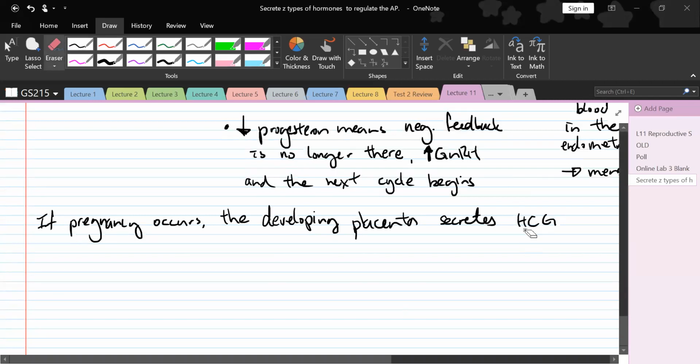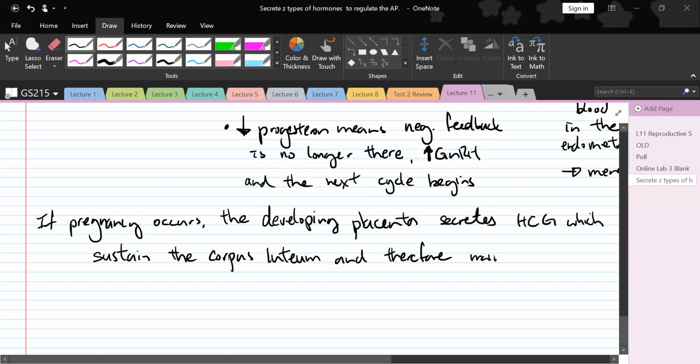Okay, human chorionic gonadotropin, which is called HCG, which sustains the corpus luteum and therefore maintains the progesterone level,